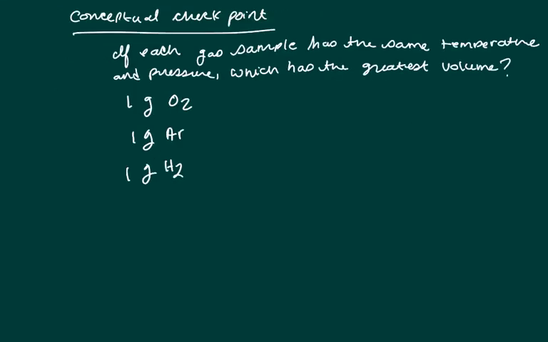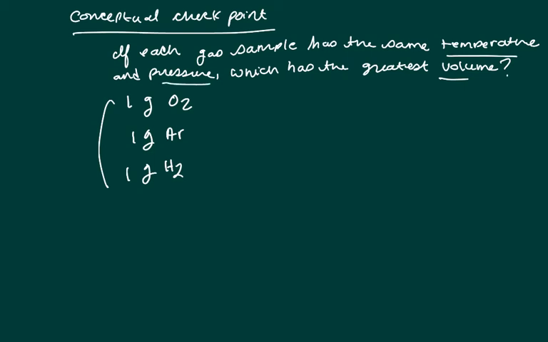Okay, let's do a conceptual checkpoint. If each gas sample has the same temperature and pressure, which has the greatest volume, and we're given the number of grams of oxygen, argon, and hydrogen, 1 gram of each. You may think, okay, they all have the same amount of grams, so they should all have the same amount of volume. But that is incorrect, because of what Avogadro said,